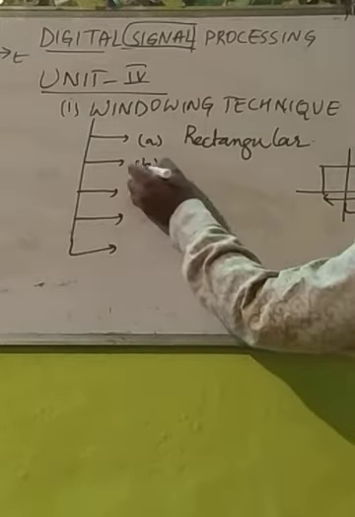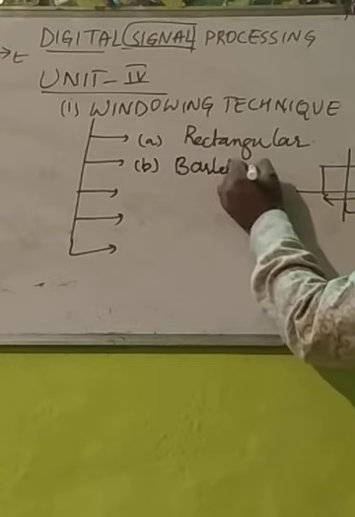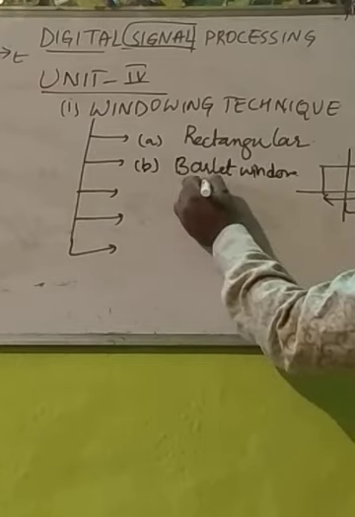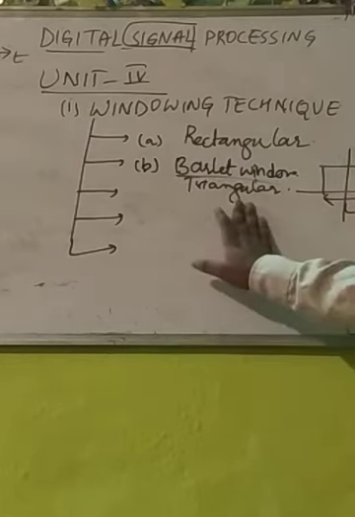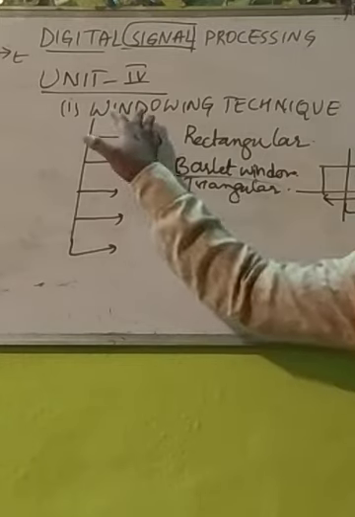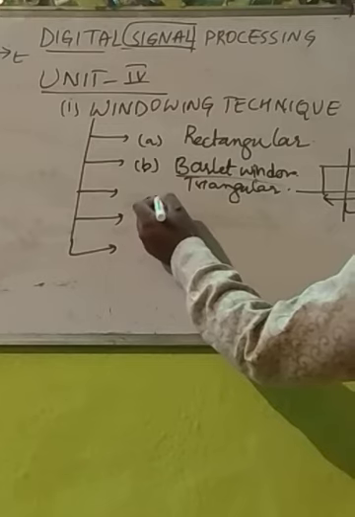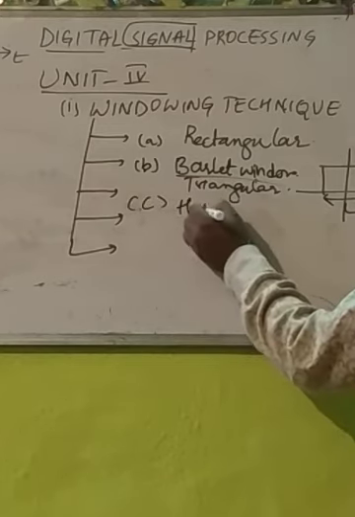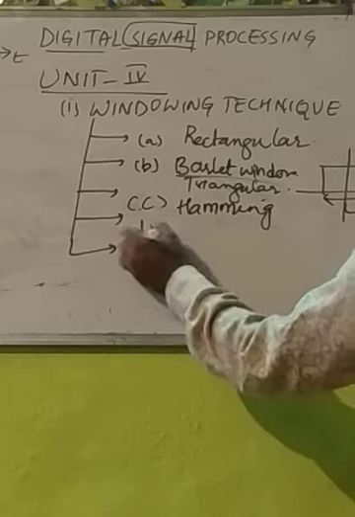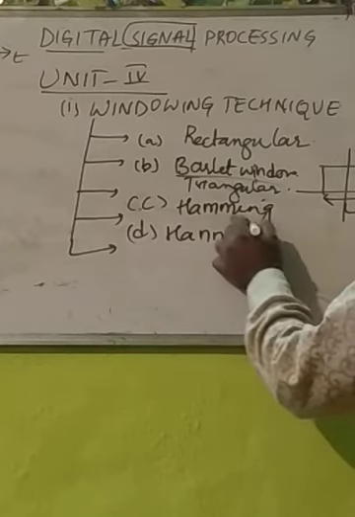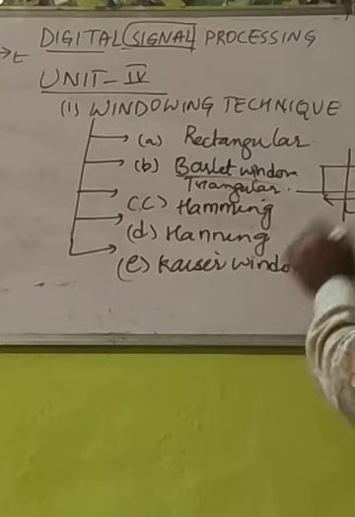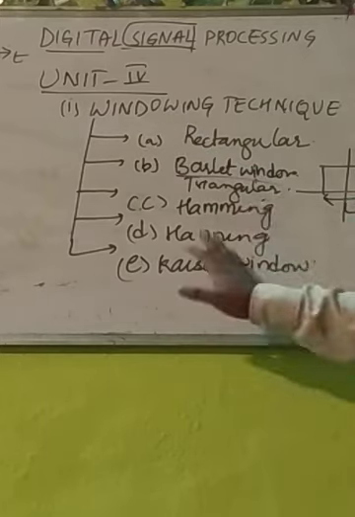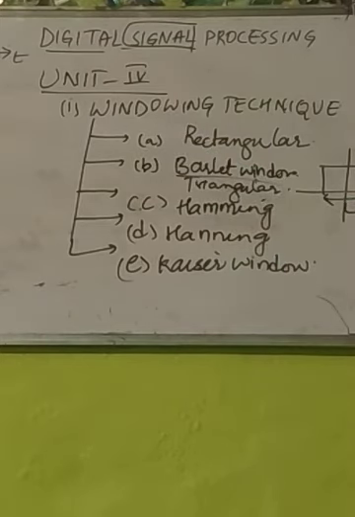Second part, we are going to use the Bartlett window. One more name for the Bartlett window is what? Triangular window. So we are using these two types of windows. The name is same, Bartlett or triangular, both the meaning is same. Triangular shape of windows. We are going to use that by using the windowing technique, right? Next we do have the third type, which is the Hamming window, then we do have Hanning window, then we have Kaiser window. So these are the different windowing techniques we are going to use in our unit 4. In unit 4, we are going to design our digital signal filtration methods by using all these types of windowing techniques, that is called FIR filters.